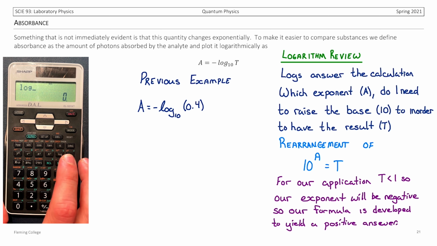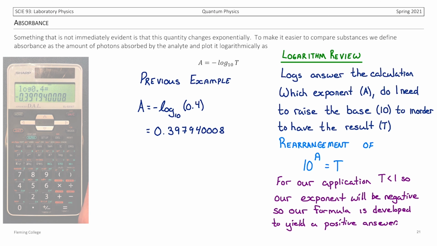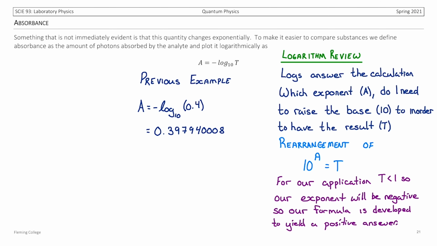So we press the calculator button, have log of 0.4, and we see that it gives us a negative value because I forgot to type in the negative. So we can write down that our answer is 0.397940008. And while significant digits with exponents is a little tricky, we'll just keep 4 of those digits for now. So this is approximately